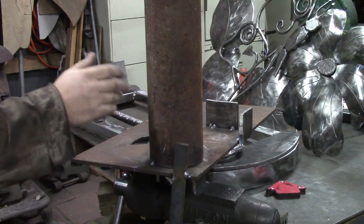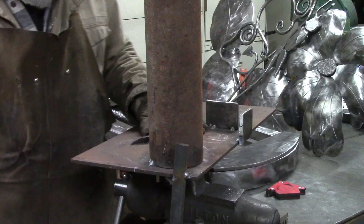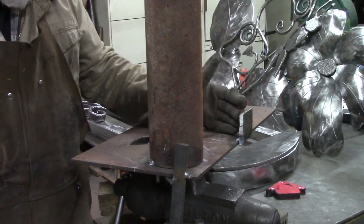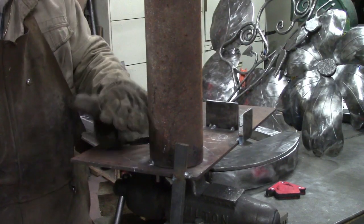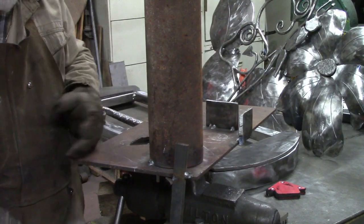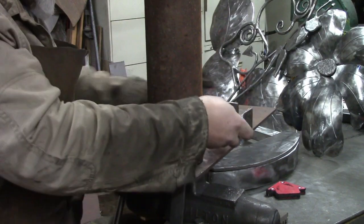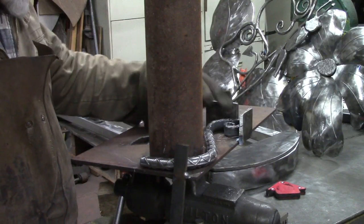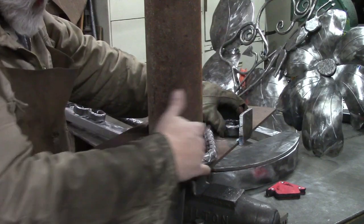This is our jig that I made, and it's just scrap. It's just a flat piece, and a couple of places here to set our bottom and our front, and then this big pipe. If we were going to keep this jig forever, we'd have cut it off. Don't need all this pipe, but we weren't going to keep it together for long, and I may use this big pipe for something else. So basically, we fitted the foot of our bench into this corner, and then we heated up this section here